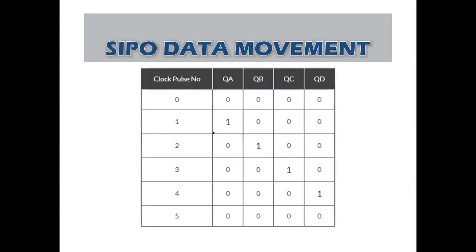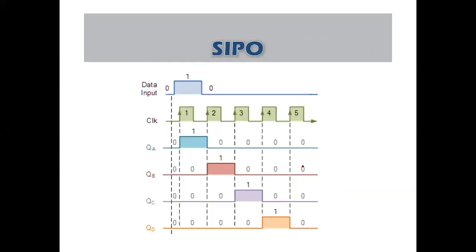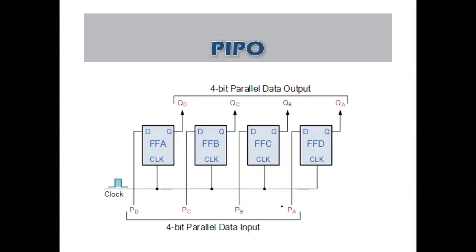So the 1 keeps on shifting, but now this is my parallel output. This is my parallel output on the third clock pulse. This is my parallel output on the first clock pulse. Yes, I'll get 4 different outputs. This is the same waveform, but here this is your parallel output. So serial in, parallel out is easy compared to the previous two methods of shift register.